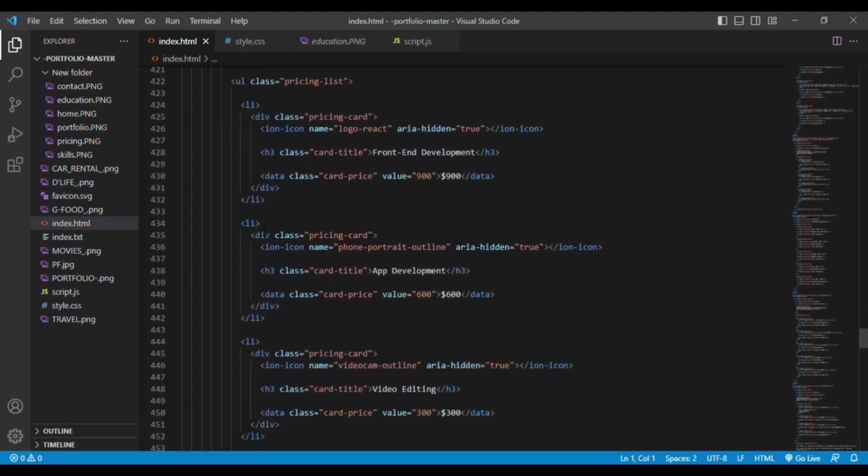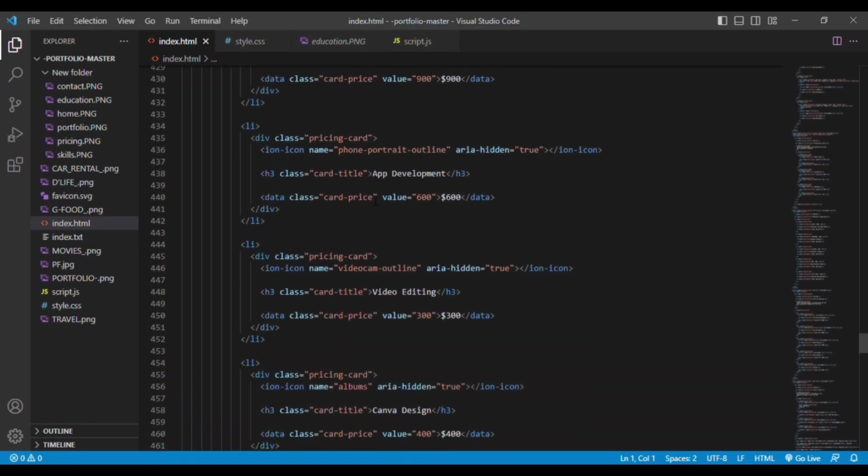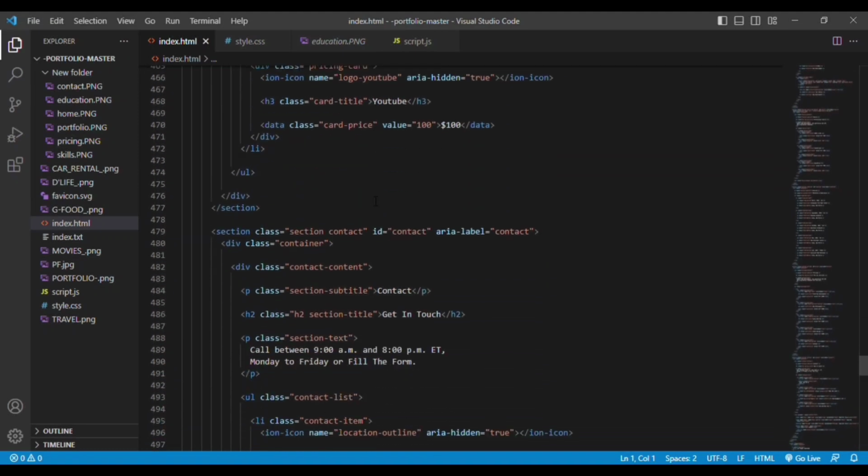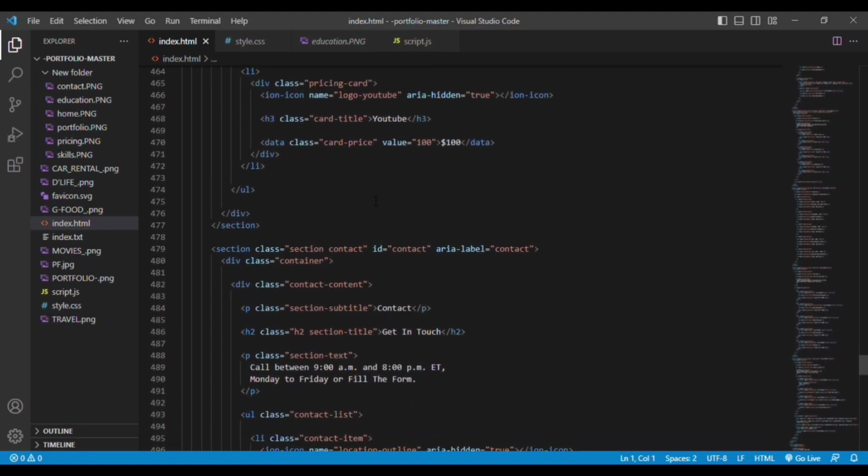Inside list item, we have a div that is nothing but pricing card, and we are using ion icon here, and we are adding h3 element for card title and data element for card price. So the same list item is copied again for as many cards that you want to add. And then